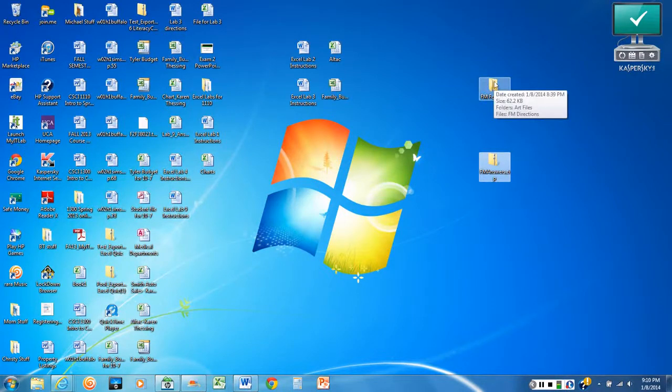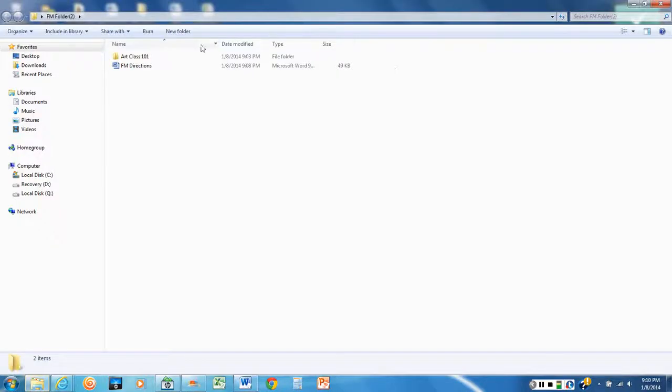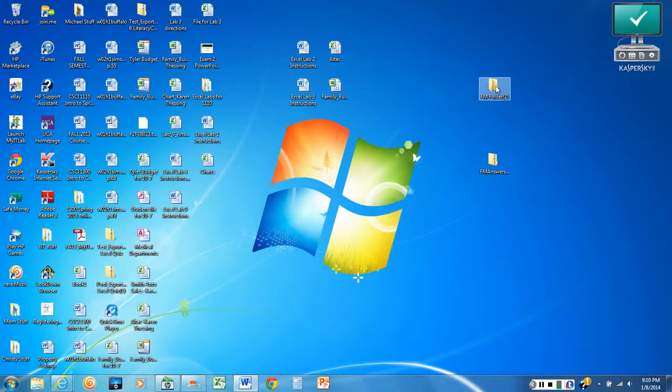Now your FM folder is here. Remember when we first opened this, Art Class 101 was nothing but a bunch of files, and now you have all these folders made. So I'm just checking it to make sure my work is in here. And what you're going to do is drag and drop your FM folder that has all your answers in it into the compressed folder called FM Answers